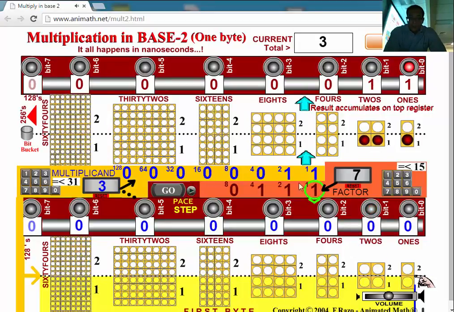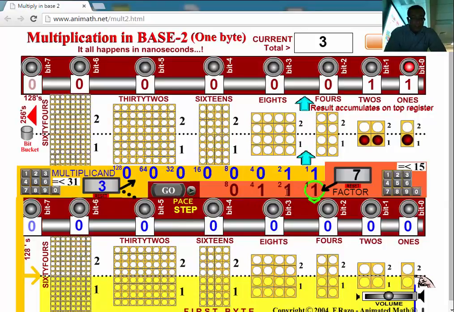1 times 1, right? This is 1 times 2, actually. This actually helps you. 1 times 2 is 2. And then what we're going to do, we can multiply all these zeros, right? But 0 times anything is 0. So I don't think he shows you that. Then what is he going to do next? He's going to go to the next